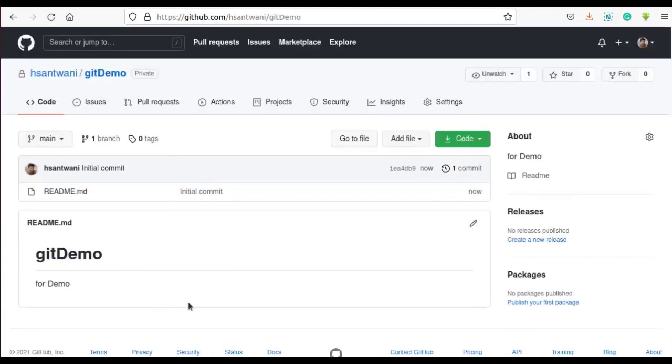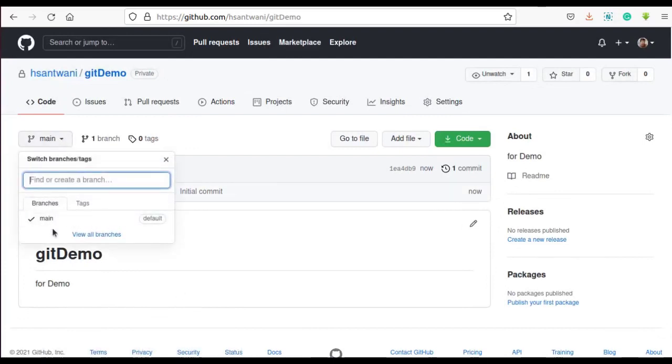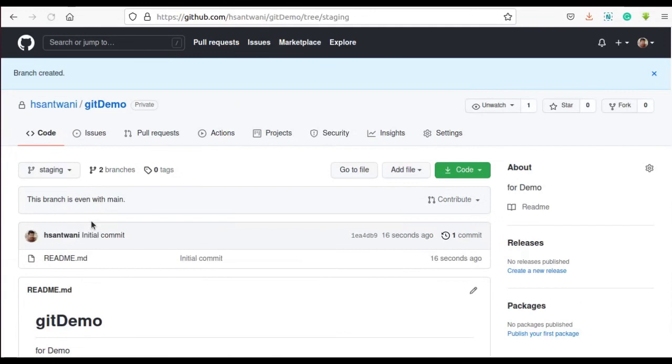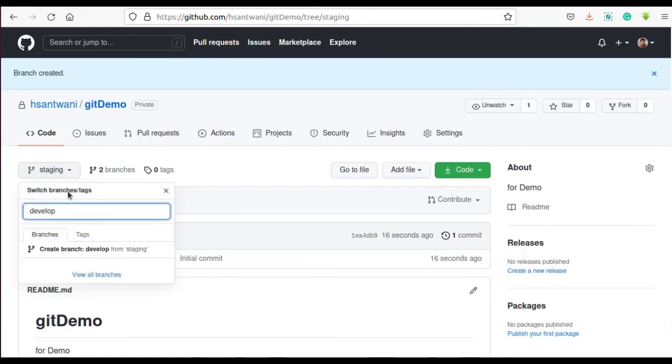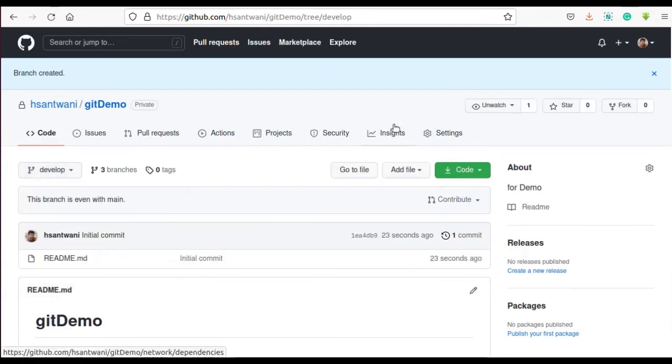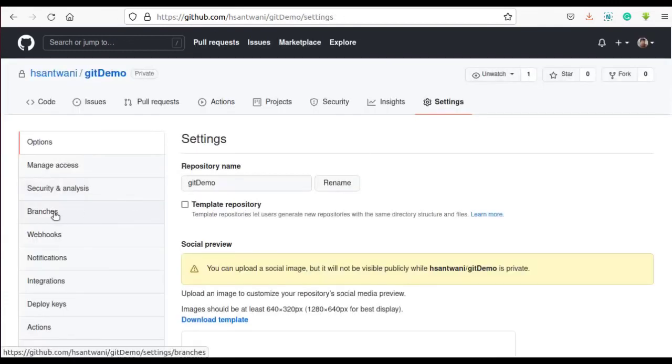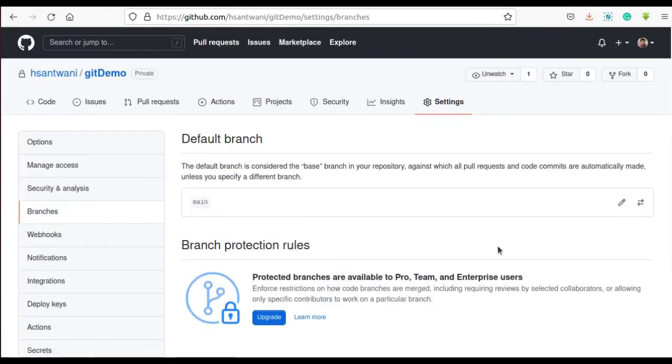So now here you can see a branch named main has been created. Let me create two more branches, staging and develop, and let me make develop the default branch. I am doing it for some reason that you will know later in this video.